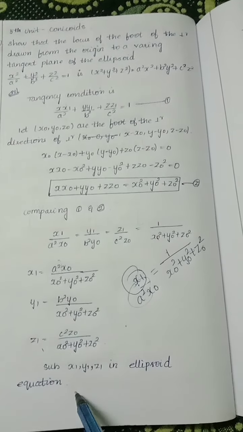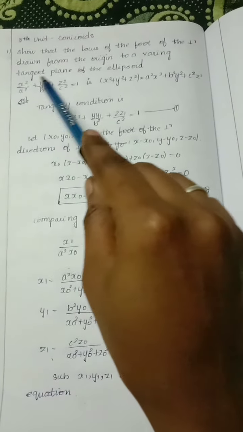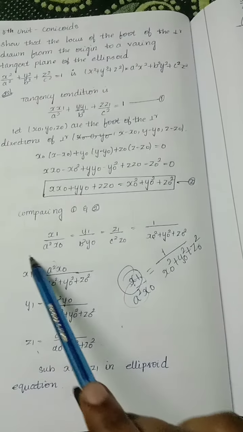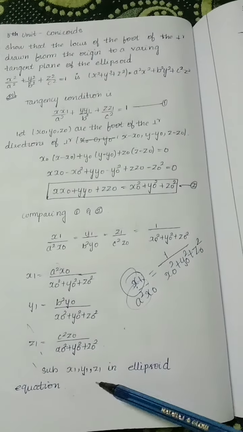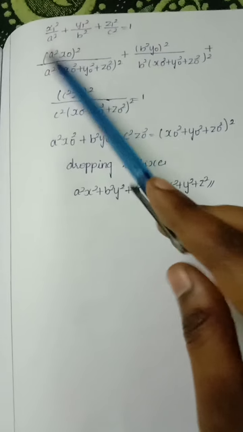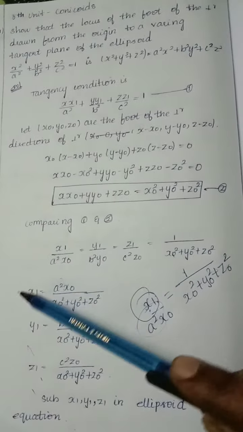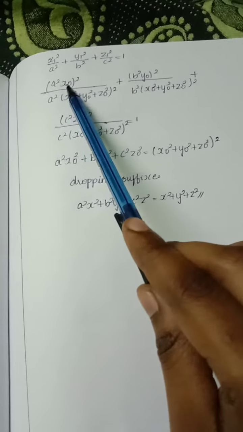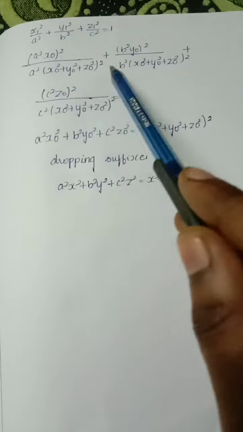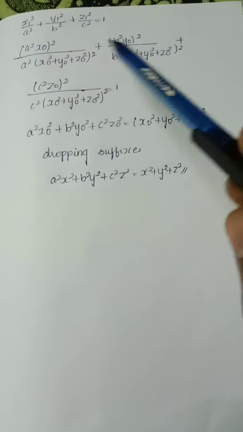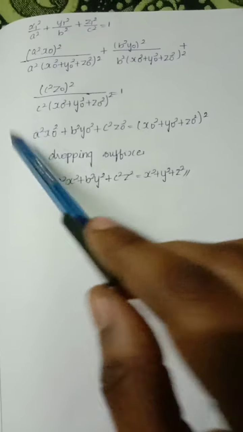Then here we have an ellipsoid form as x square, y square, z square. So in our question we found our x1, y1, z1 terms. So we substitute these x1, y1, z1 terms in the ellipsoid equation. So if we change, we get our equation here. Then here we have x1 square. We found our x1 equation, so we substitute here. The x1 is here, but here it is x1 square. We want to square these terms. We square the y1 terms and also the z1 terms, and we get this answer.